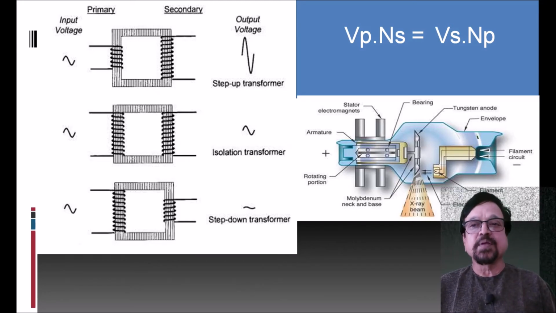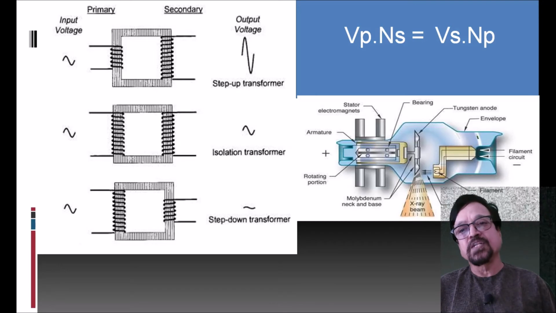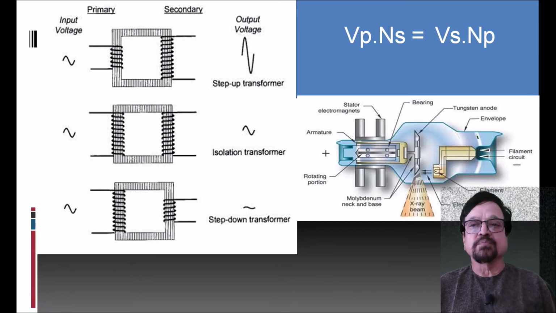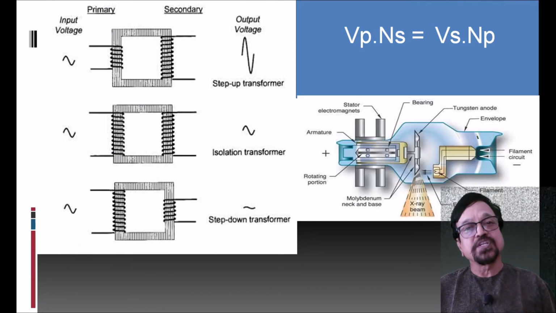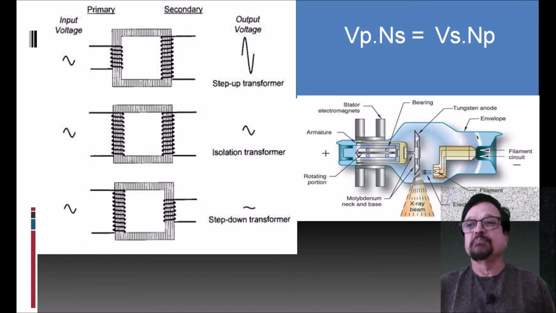Now in the step down transformer, what is happening is, when I have more number of coils in the primary and fewer coils in the secondary, the voltage from the secondary will be less than that of the primary. Depending on how much voltage you want, you can change the coil rotations. Now in the tube, the applications are different, in a different form.